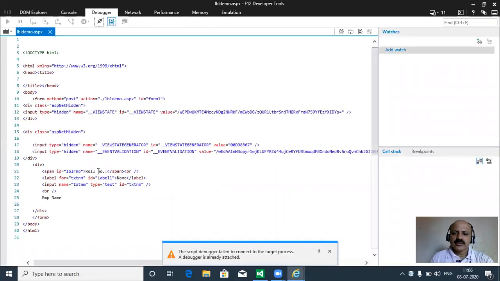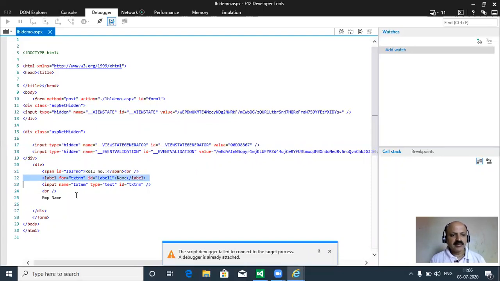So here we can say that the first difference: label control by default renders, means is rendered, in a span tag. Here we can see the span tag for the first label, that is an HTML span tag, roll number is there, and whenever we use the associate control id, that time label control is rendered as a simple HTML label tag, like our name field. Here label tag is there.